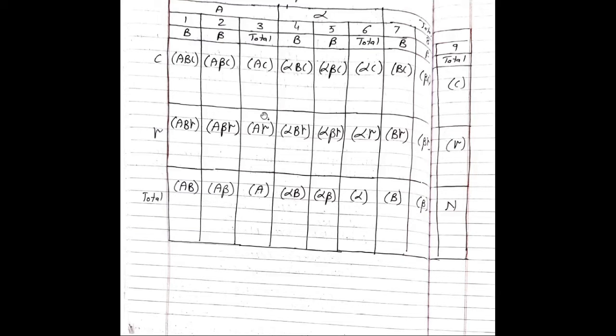Because we know the relation between the columns as 1 plus 2 becomes 3, 4 plus 5 becomes 6, 7 plus 8 becomes 9. One more relation we have, 1 plus 4 is equal to 7. Column number 1 plus column number 4 is equal to column number 7. Column number 2 plus column number 5 is equal to column number 8. Column 3 plus column 6 becomes column 9. So these are the relations between the classes. So we can solve the last problem using the same concept. So we'll replace all the values in this table.